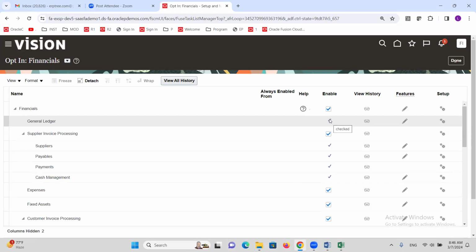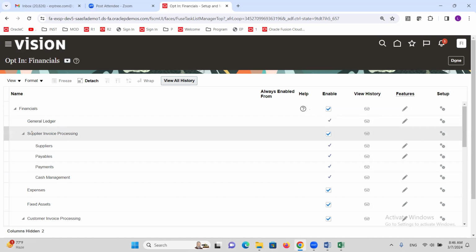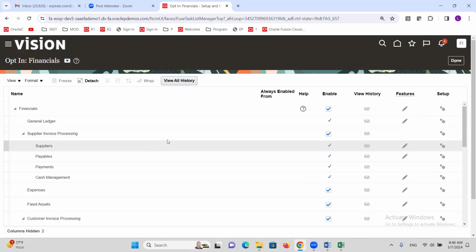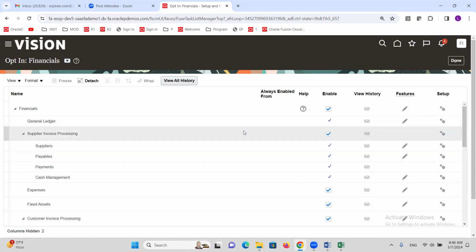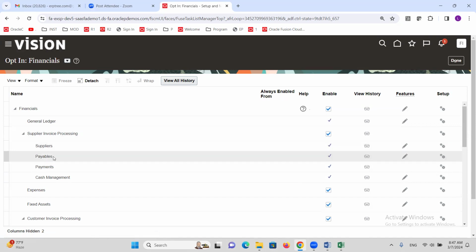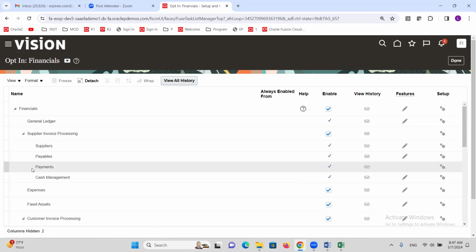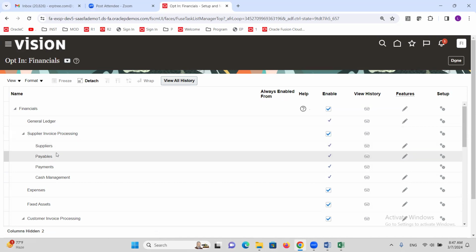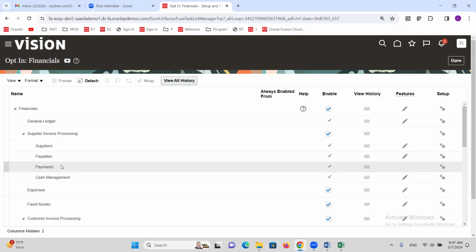And if you are going to implement payables for your client, enable supplier invoice processing. Just enable the checkbox. Within the payables, this supplier invoice processing is nothing but the payables application. Within that you can manage the suppliers and the payables. Here, payables means invoices. Supplier invoice processing is a complete payable solution. Suppliers you can manage, payables meaning invoices you can manage, payments you can manage, and Oracle is giving